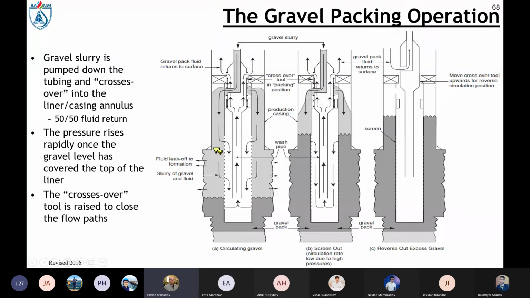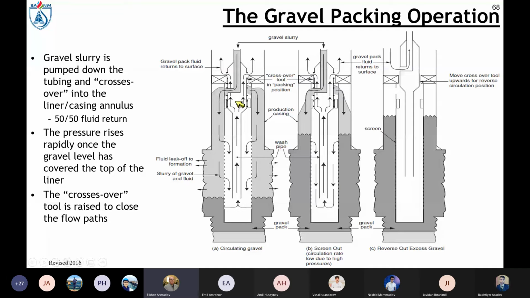Almost half of the fluid goes to the formation while gravel is depositing or accumulating in the annulus, and the fluid is leaking to the formation, and half of it goes back through this wash pipe to the surface, and again recirculates back into the well with a new portion of the gravel. As it is filling up to this